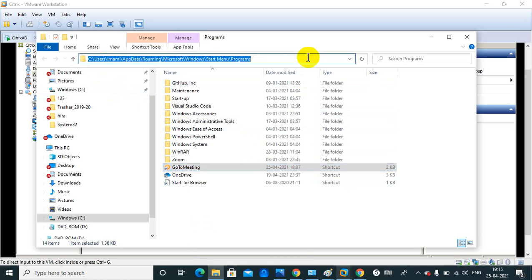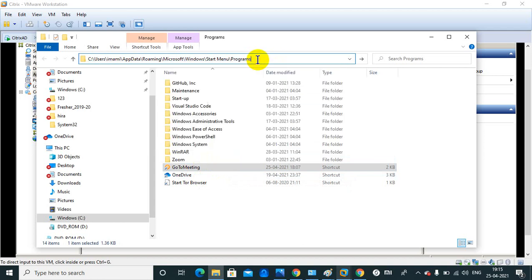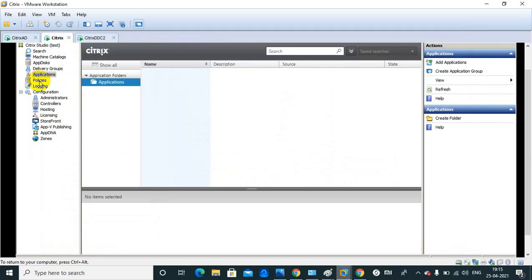After this we need to provide the exe file. How is the exe file? It's just GoToMeeting.exe. Once you put GoToMeeting.exe here, it will give the complete exe path, and the part without the exe is the home drive path, the folder location. So it asks only two things, the folder location and the exe path.